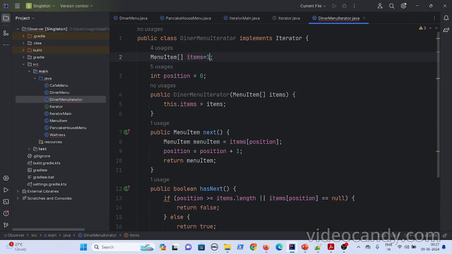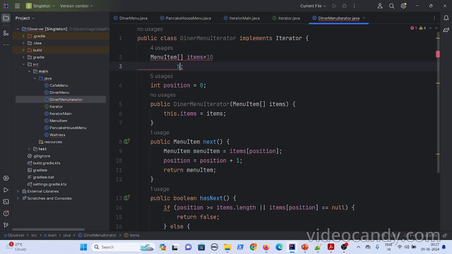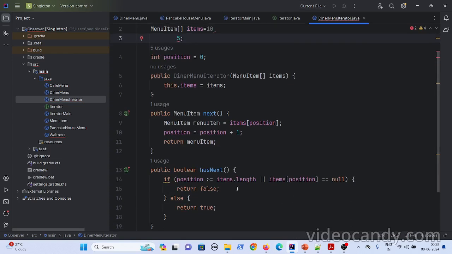Maybe you specify 10, but you don't assign 10 elements in one shot. In this case, initially you would have filled the array with only 5 elements, and now you are trying to fetch the 6th element, but the 6th element is actually null because you have not filled the array. In that case also it will return false. In other cases it will return true.